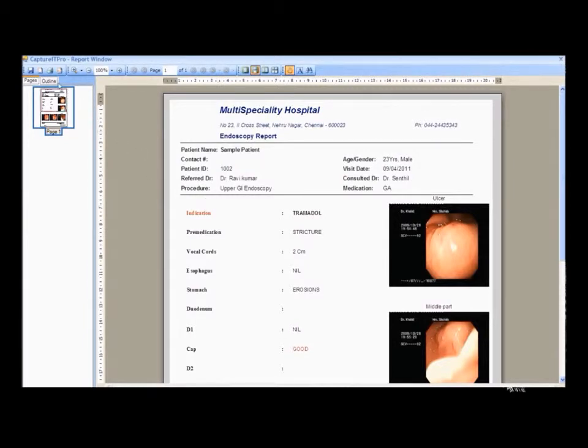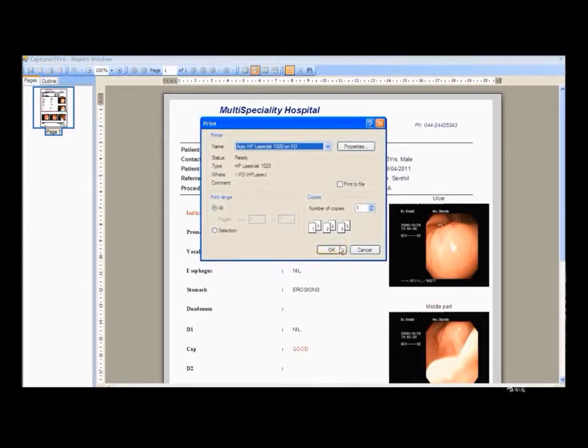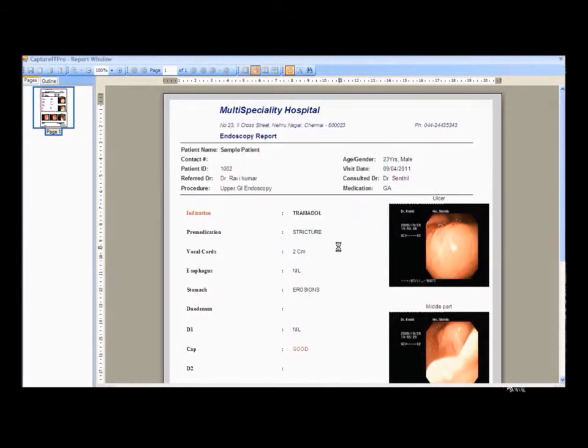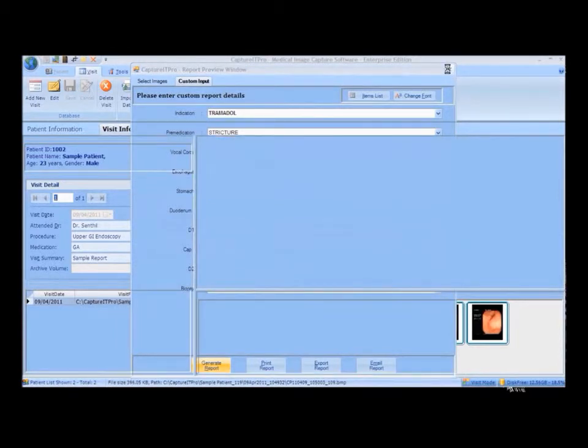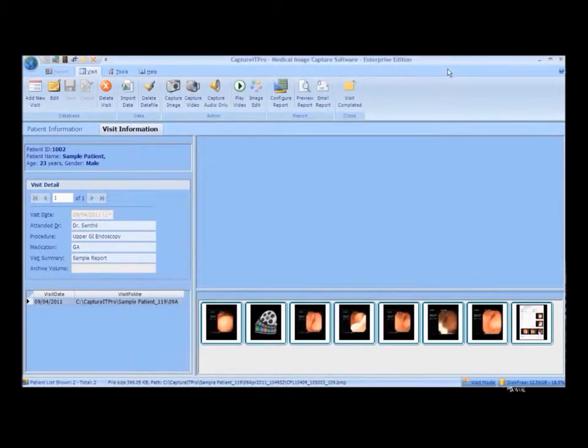The report can be printed or it can also be saved in any format and in any external path. Once the visit is completed, click the Visit Completed icon.